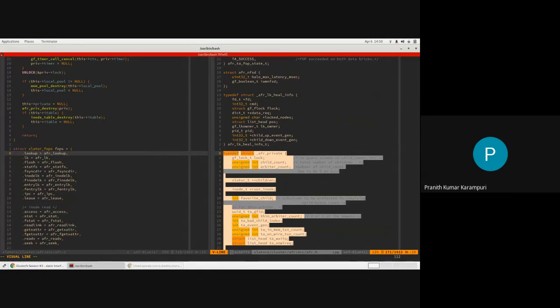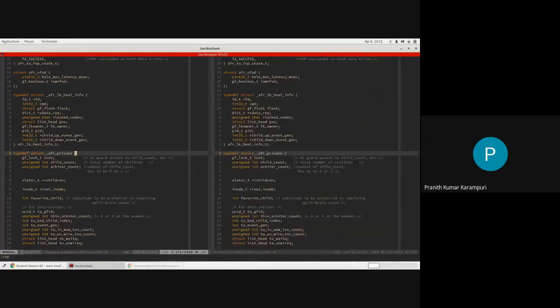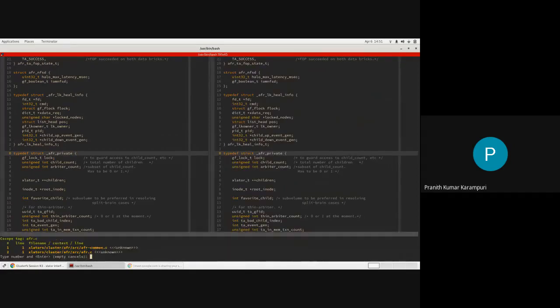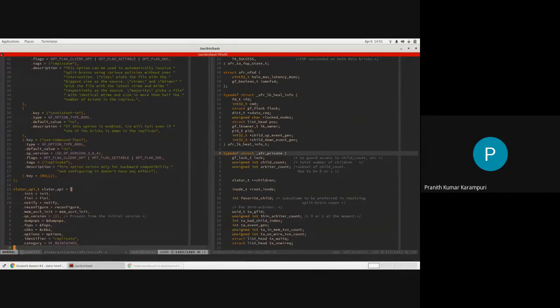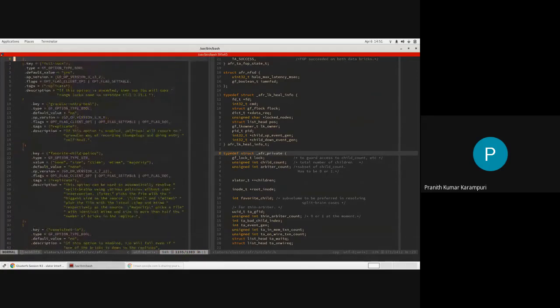All the configuration of the translator, whatever we set through the options array, generally gets translated to values in this private data structure. I'll show some examples here. If we look at afr.c, there is this option called use compound fops. But this is deprecated. Let's look at this granular entry heal option here.